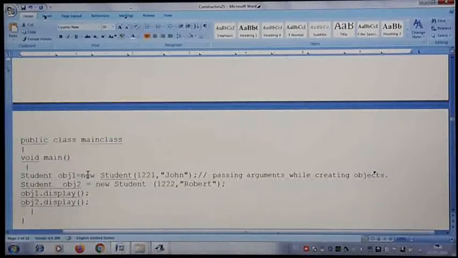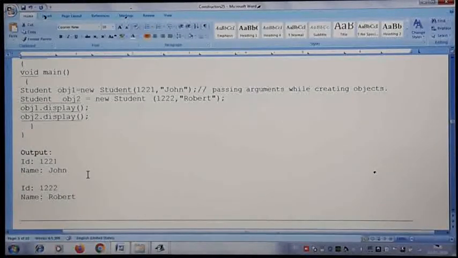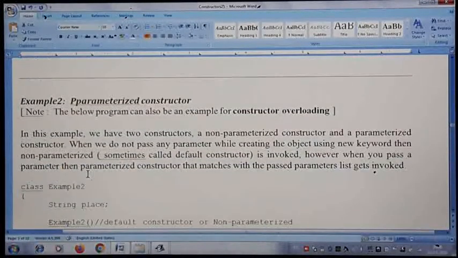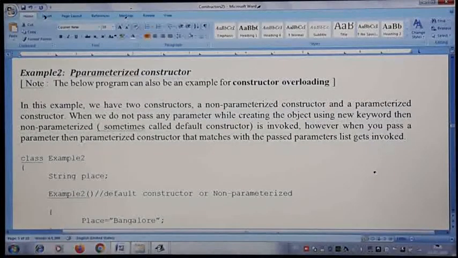Today we are going to learn some more examples on the parameterized constructor only. I have taken one more example so that the concept will be even clearer to you. As an introduction, I just gave one example each of parameterized and non-parameterized. Let us learn more about the parameterized constructor today. The first example was with student, so I have written example 2 here. This is the second example on parameterized constructor.